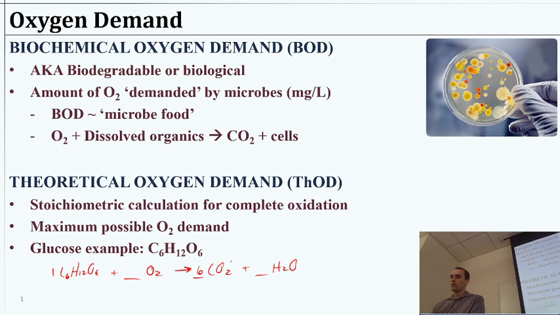Then we have, let's do the hydrogens. We have 12 hydrogens over here. We're going to need 6 water, so that's 12 hydrogens on either side. And then we need to balance oxygen, so we have 6 here, another 12, so that's 18. We had 6 over here, so we need 12 here, so 6 there. All right, so we would balance a chemical equation like that